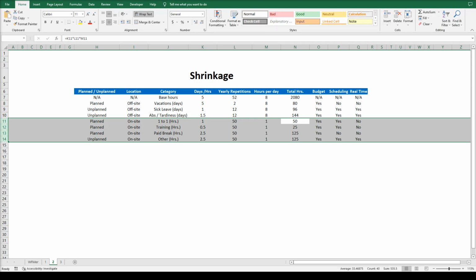Last, but certainly not least, I added a category called Other. I made it as big as 2.5 hours weekly because you could account for multiple things in this category, like system issues, unauthorized disconnections, bathroom time, or whatever the case may be. The point is this is a safety net of lost time